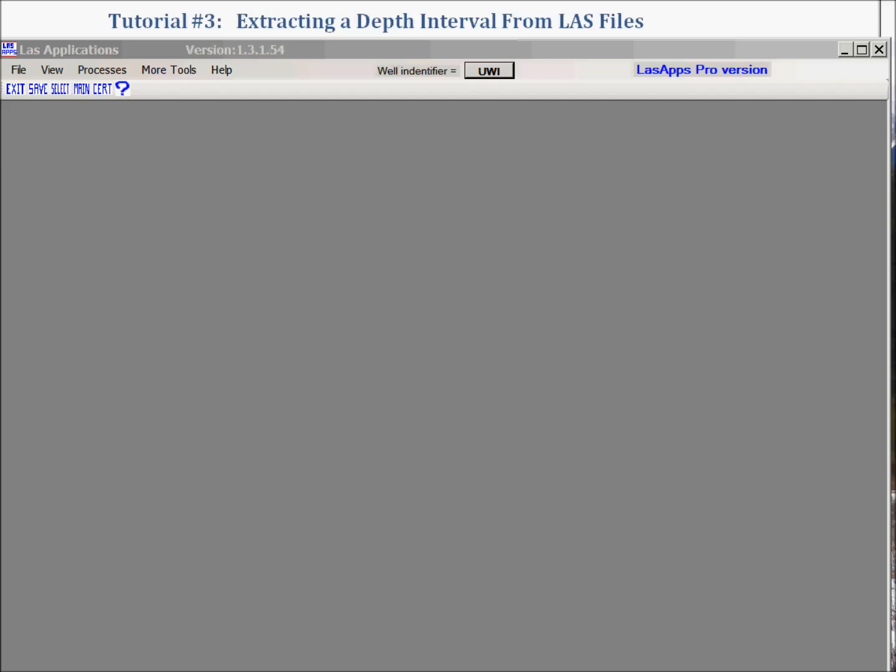This tutorial will demonstrate how to extract a depth interval from an LAS file using the LAS application software. We begin by selecting the input files by clicking on the Select button or by selecting the file menu item